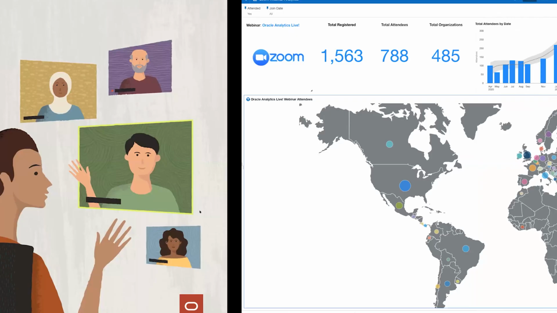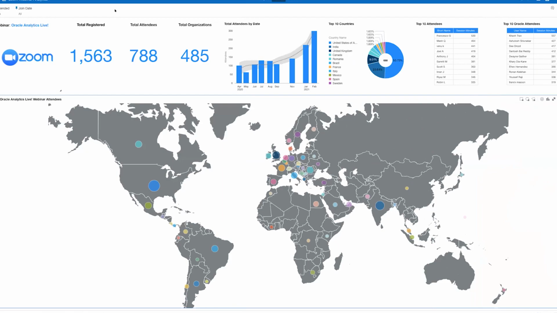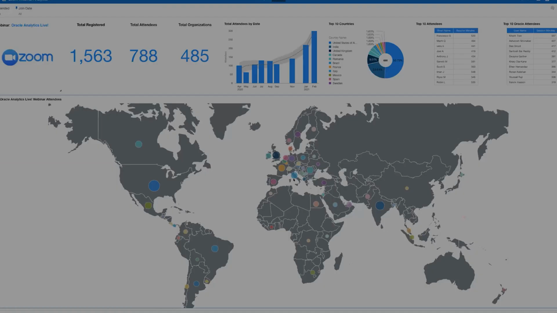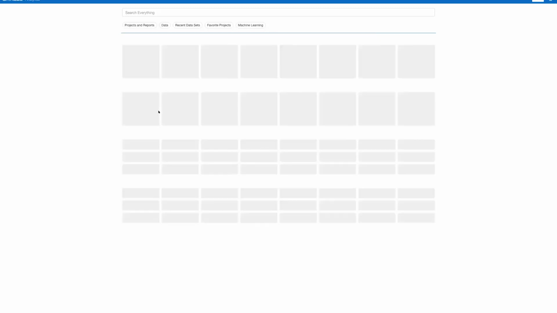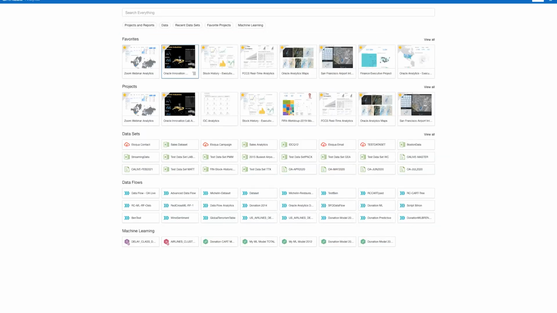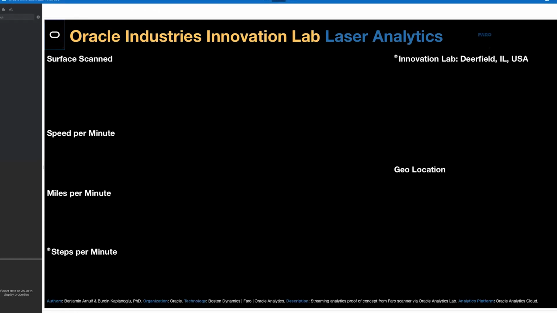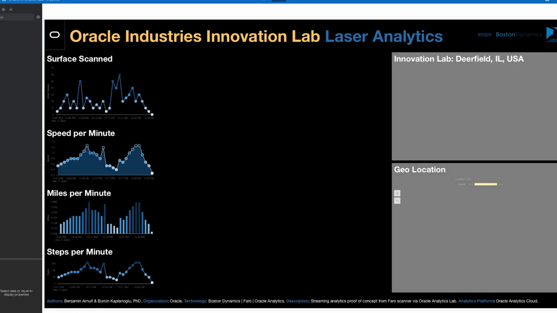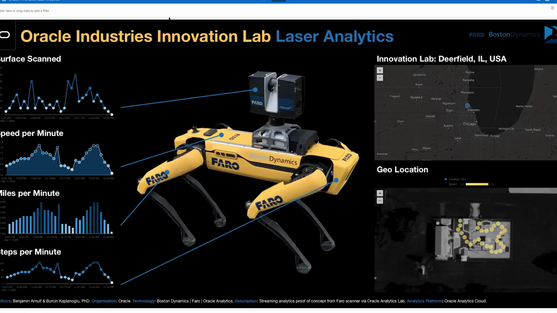I'm going to show you a quick live preview, and then Barry is going to show you a little bit more. What I wanted to show you today is a different thing. First, it's the latest Oracle Analytic Innovation Industry Lab. I created a data viz, and some people ask me, how do I put these different charts into the right side of the data viz? So I'm going to show that really quick as a tip and trick.